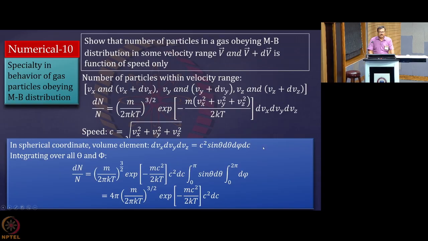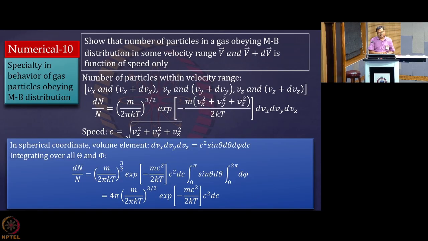What you have to do now is integrate over theta and phi. Then what do we get actually? If you integrate over theta from 0 to pi and phi from 0 to 2 pi, as usual for the spherical coordinate system, then after integration you get this formula: 4 pi (m by 2 pi kT) to the power 3 by 2, exponential minus mc square by 2kT, c square dc. So, this is the well known Maxwell